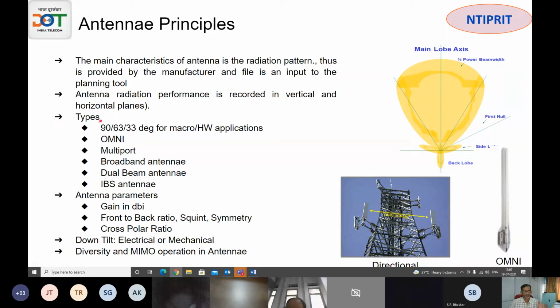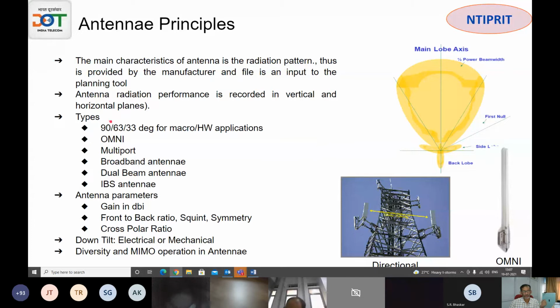For example, if you have a rural coverage. In urban, what's happening is that you have multiple sites. So if you have one null area of one particular antenna, it will be the main lobe of another antenna nearby. So you can have complementary antennas filling up the entire space. But that is not true in a rural scenario, where suppose you have only one antenna and the population is not following your antenna pattern. Population is uniformly spread across the site. So what happens to the null area? They will have poor service.